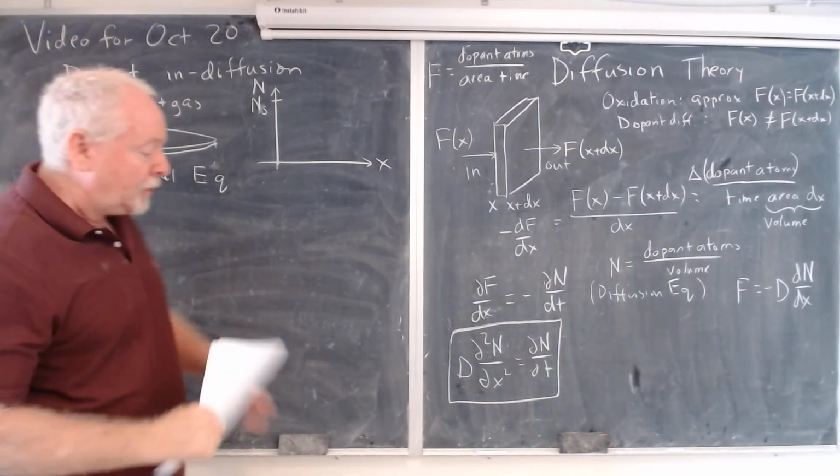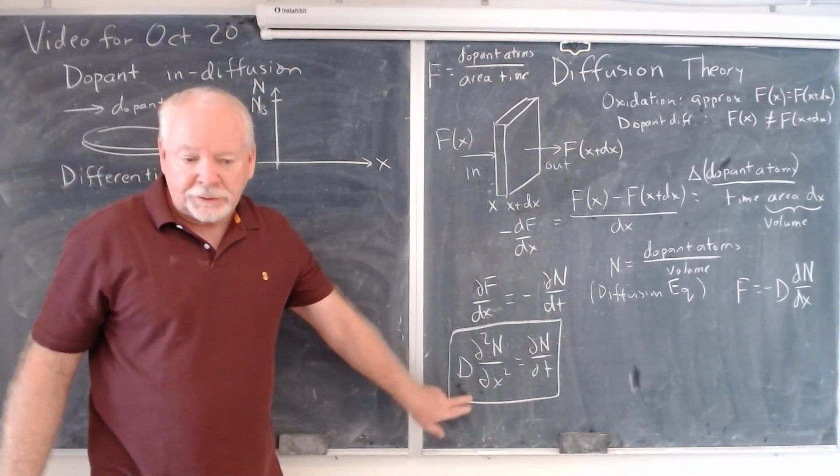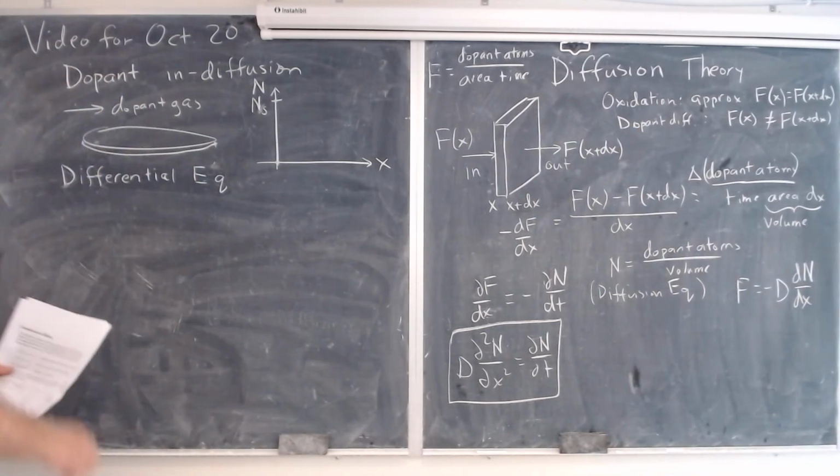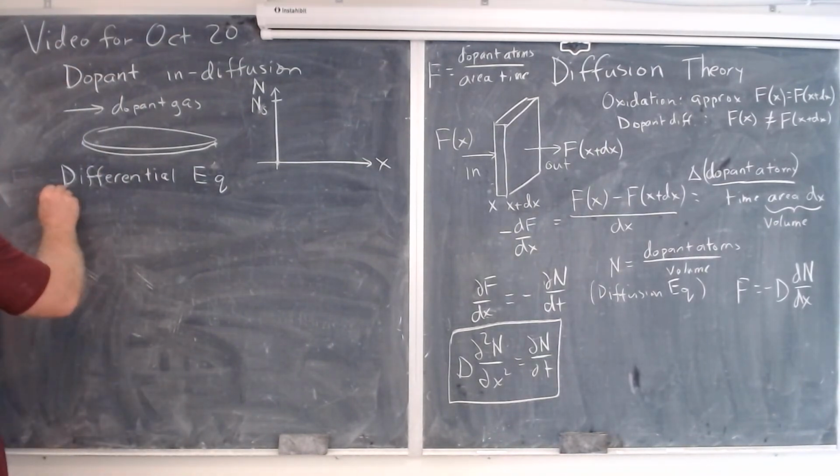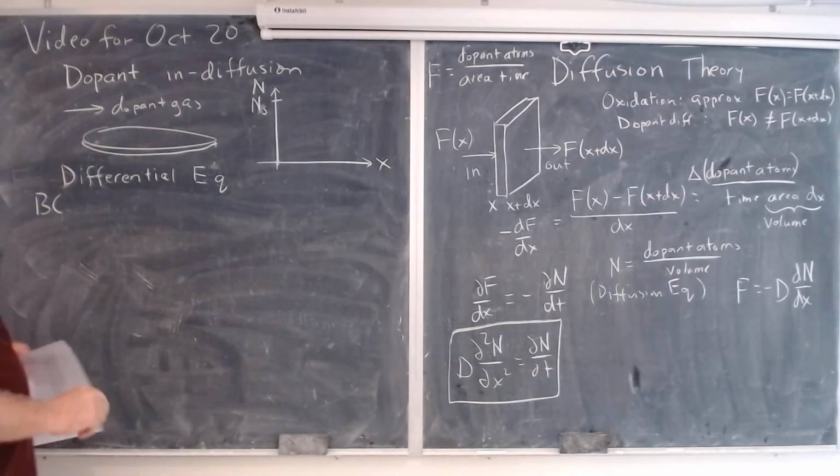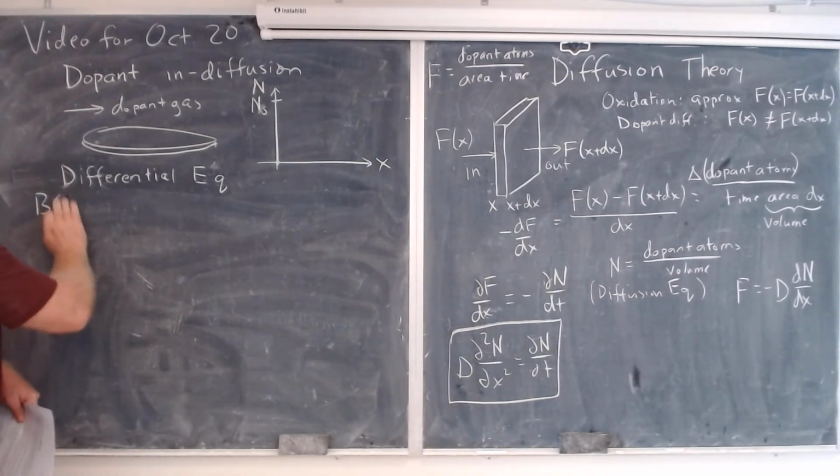And what's worse, it's a partial differential equation. It has 2 independent variables. And the boundary conditions, do I need to write out boundary conditions? I'll write out boundary conditions. The boundary conditions